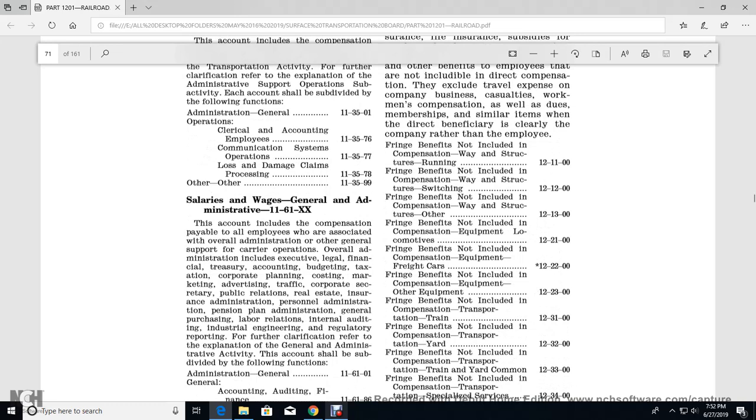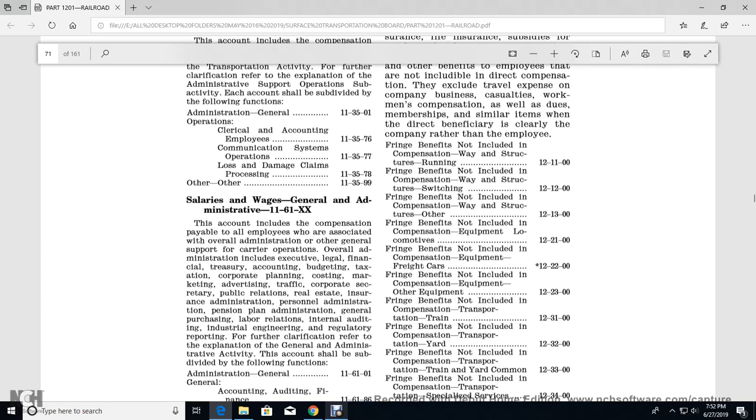Okay, salary, wages, general, and administrative 1161XX. The account will include the compensation for all of the employees associated with overall administrative and other general support of the carrier operation, overall administrative, including the legal, financial, treasury, accounting, budgeting, taxing, corporate planning, costing, marketing, advertising, traffic, corporate secretary, public relations, real estate, the insurance,